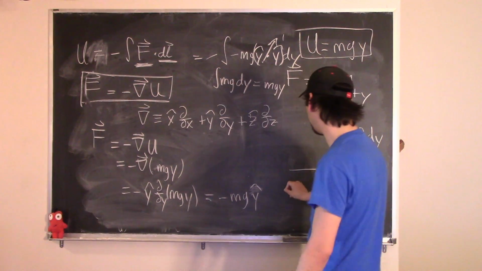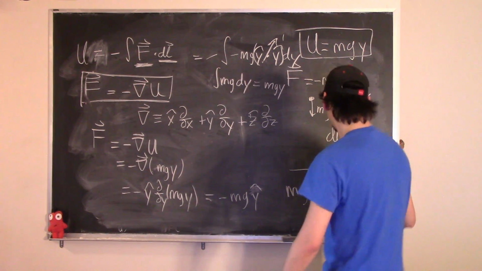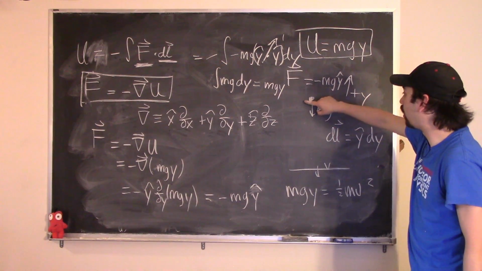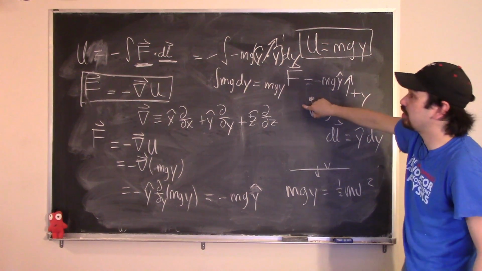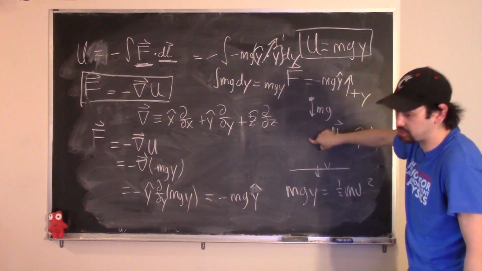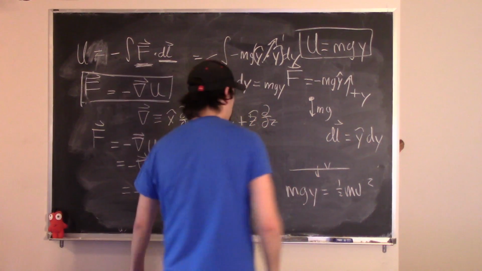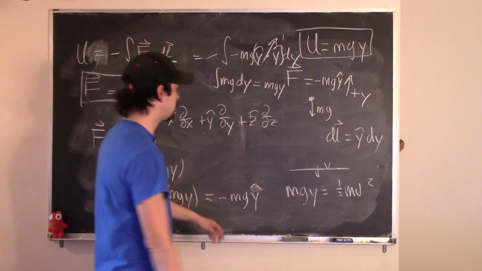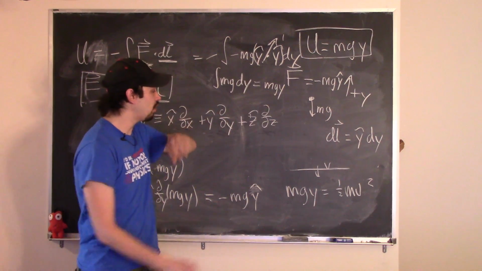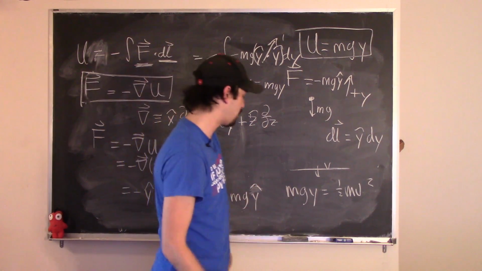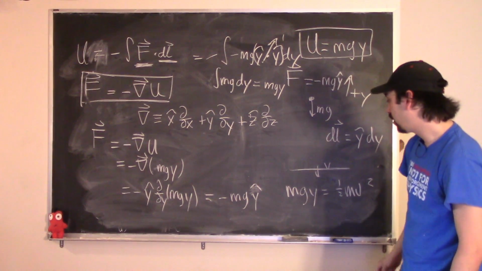It's a lot more manageable for me to say that mgy is equal to 1/2 mv squared and solve for v than it is for me to write down the sum of forces, say that sum of forces is equal to the mass times acceleration, integrate the acceleration once to find the velocity, integrate the velocity once to find the position, say that the position, what is the time when the position is 0, plug that time back into the velocity equation. They end up being equivalent ways of approaching these problems, but the energy conservation way is, when available,